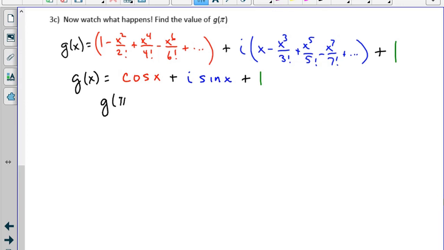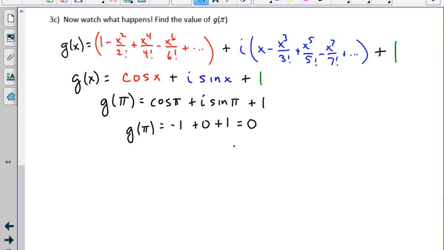So g of pi is cosine of pi plus i times sine of pi plus 1. Cosine of pi is -1. i times sine of pi is i times 0, so that's 0. And then plus 1. So g of pi is actually 0. That means since g of pi was e to the i pi plus 1, we know that e to the